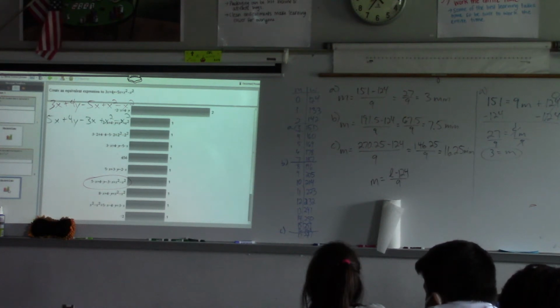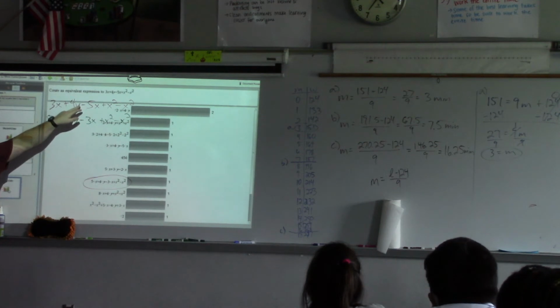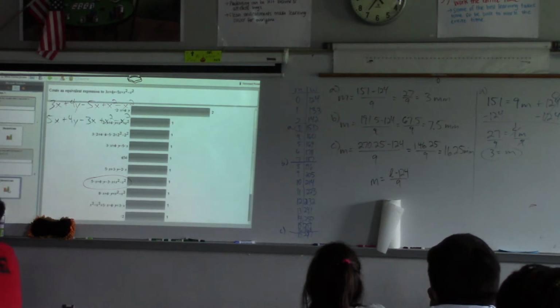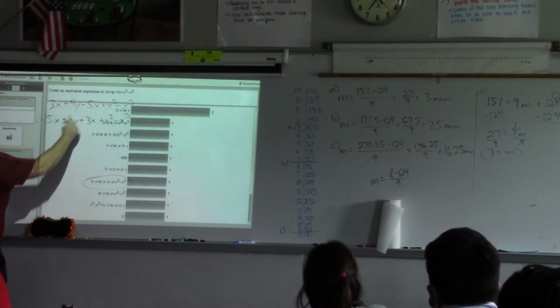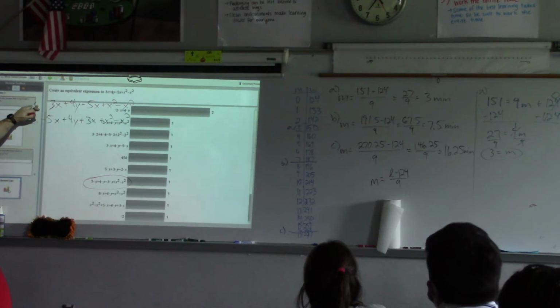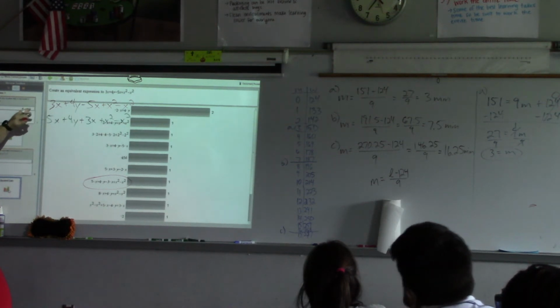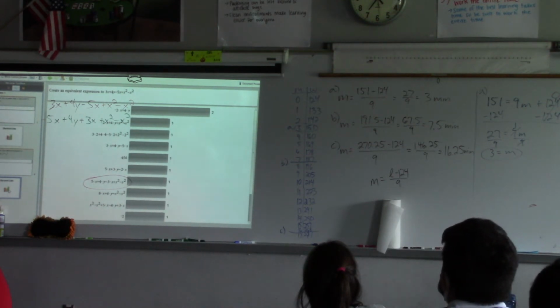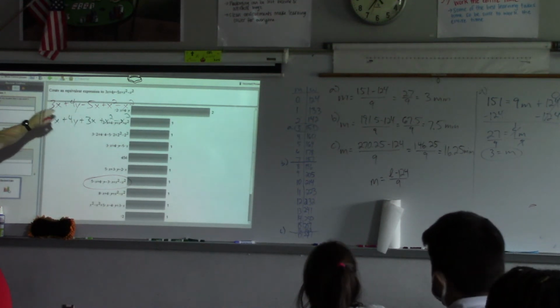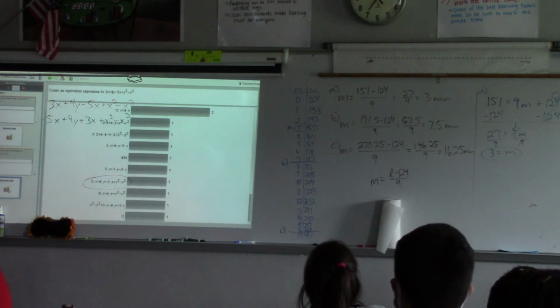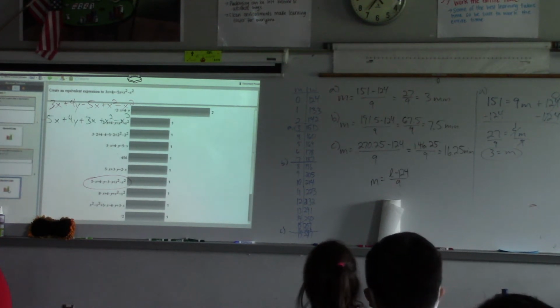No. It's supposed to be a negative 5. Notice how the 5 was subtracting, so it would have to be a negative 5x, and the 3x needs to be adding. See how that 3x is positive right there? That's very, very close. That was almost a great use of the commutative property, but notice that we need to keep our signs with our numbers. It's a positive 3x, it's a negative 5x. We good with that idea? Okay.